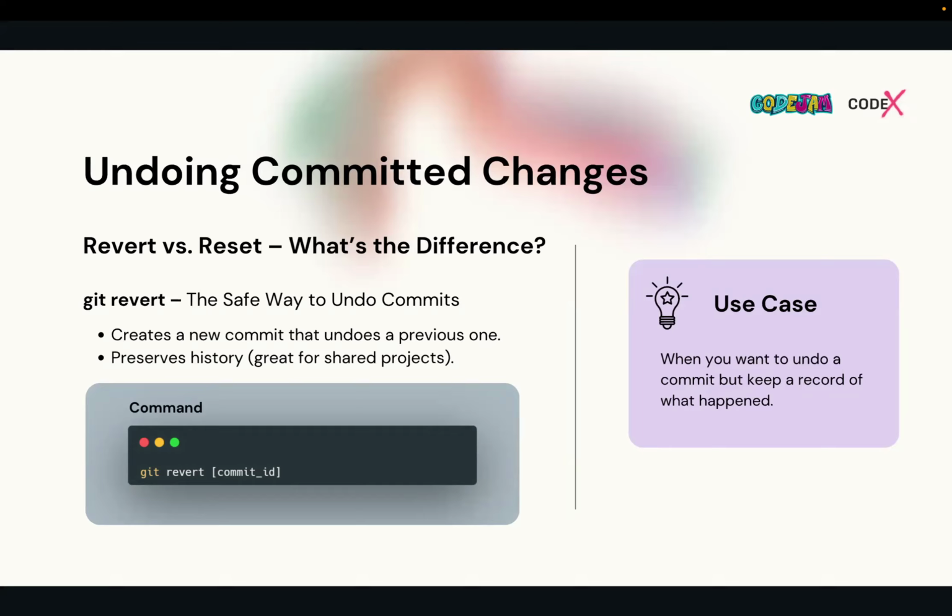Erase here means that it will create a new commit to reverse the changes done by that particular commit. It does not permanently revert directly. Instead, it creates a new commit to revert back the changes done by the previous commit.